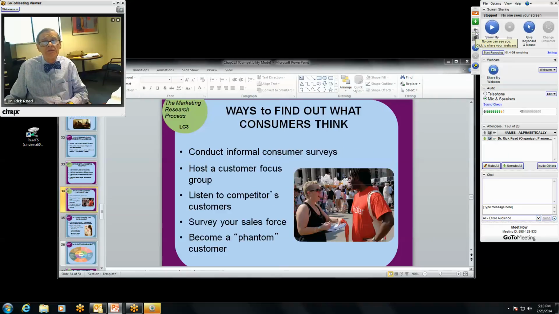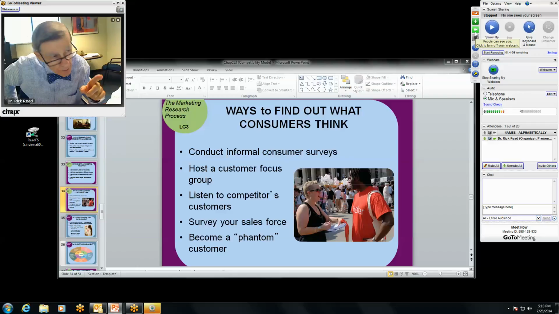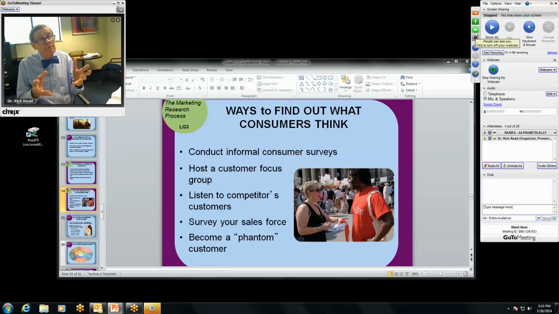Now, ways to find out what customers think. We already talked about a focus group. And the focus group is something that's really great because you get a bunch of people together and people tend to feed off each other in these focus groups. So obviously we can do informal surveys. I'm not so sure how much I like informal surveys. You don't always get what you want out of an informal survey. By contrast, when getting a formal survey, people don't always give you the right answers. That kind of maybe hedges on this. So some way of getting this in,